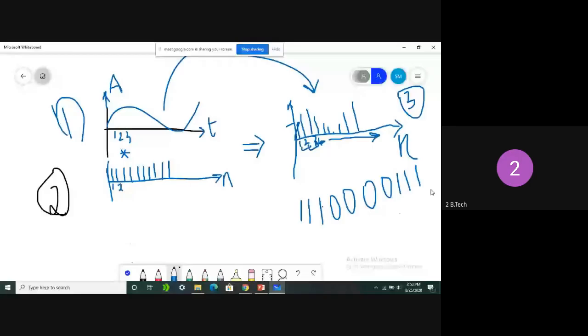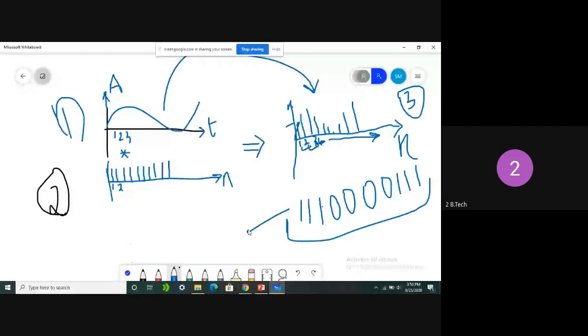Okay, so what is 1 here? If you take your mobile phone, 1 is nothing but what? How much maximum voltage are we applying? 5 volts. What is your adapter capability? 5 volts only. So 1 will be the 5 volts, 0 will be the 0 volts in your mobile phone.